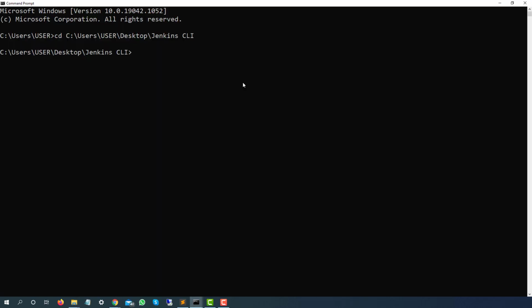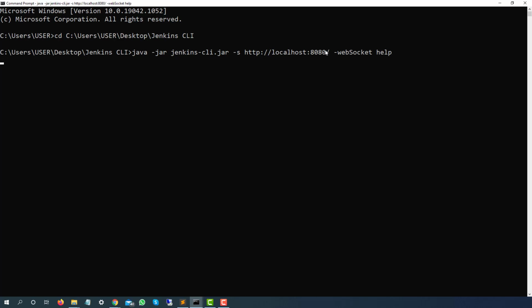I will copy this command and execute it. The first thing you have to notice is that by default it is taking the URL configured for your Jenkins. In my case it is localhost and this port number, but in your case it could be your company's Jenkins IP address, or the DNS name that you have set. It will automatically get the same thing, so you don't have to worry about it. Jenkins is smart enough to take the URL configured in your Jenkins global settings, and the port number.